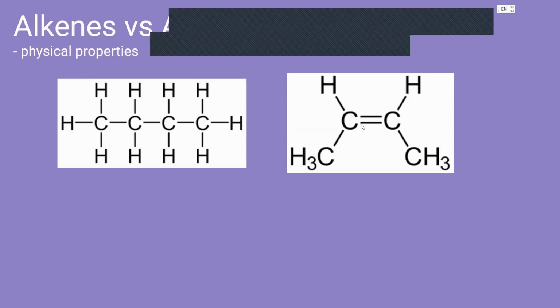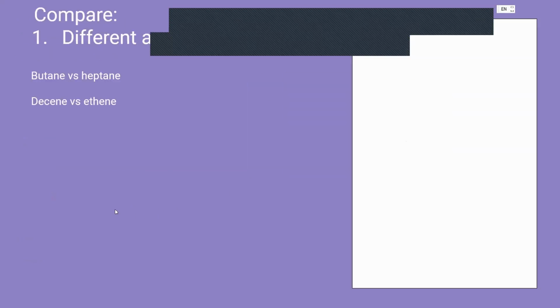And because we know that double bonds are more reactive than single bonds, we know that alkenes are more reactive than alkanes, and therefore they are more likely to be part of chemical reactions and more likely to actually lose that double bond. So this is sort of what you will be asked to compare when you're talking about